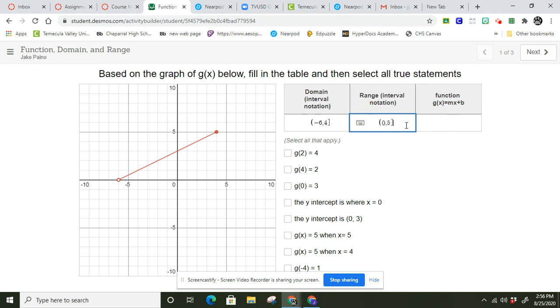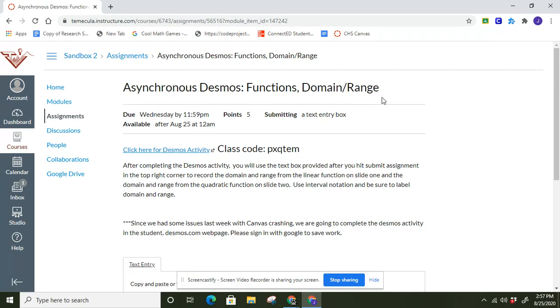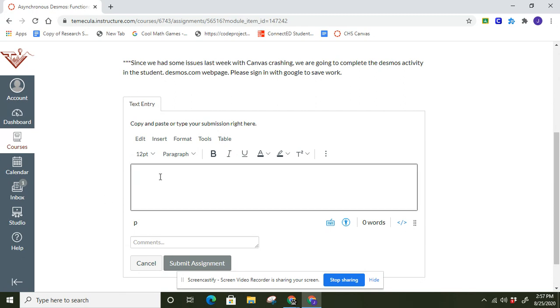Now I need to take those answers, and those are what I need to put in my assignment. So when I go back to Canvas, it said to type in the domain and range from slide 1 and slide 2. So we're going to hit Submit Assignment, and the text box entry shows up. I'm going to put in there slide 1, domain, parenthesis, -6, +4 bracket, and the range